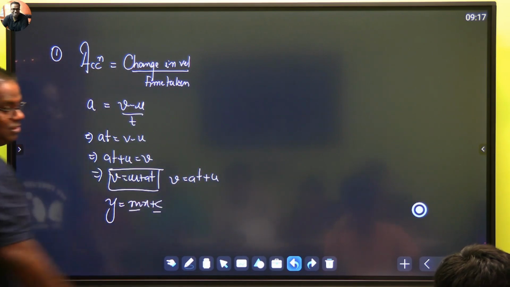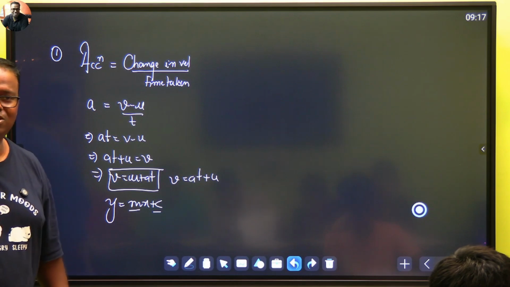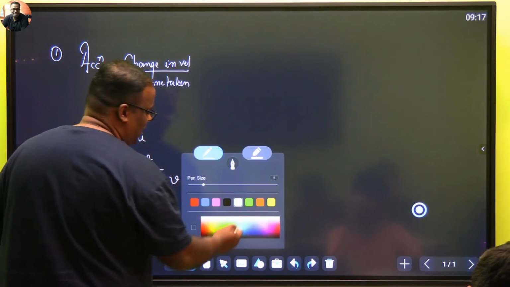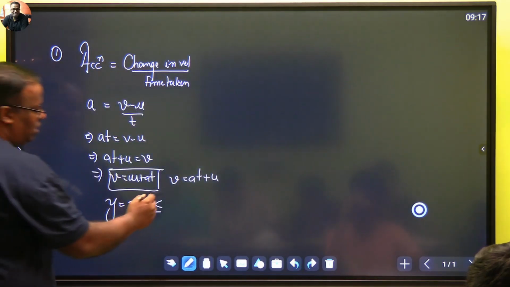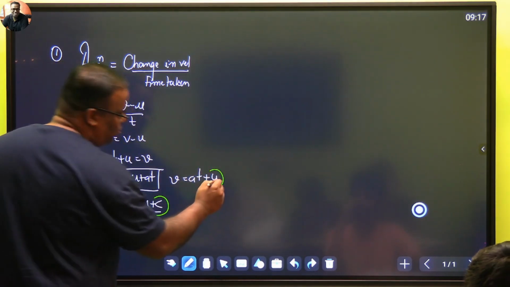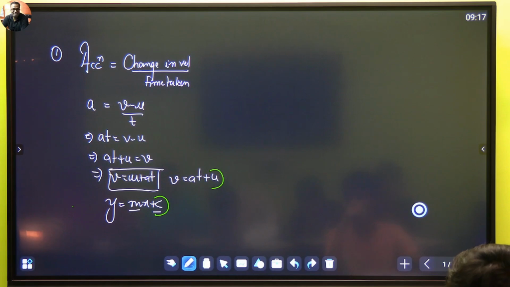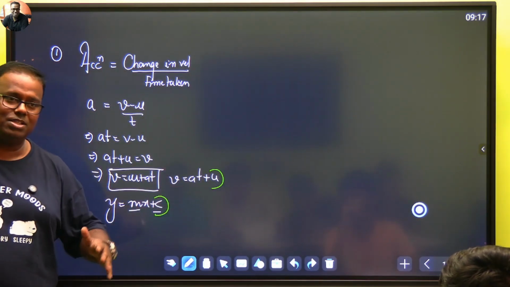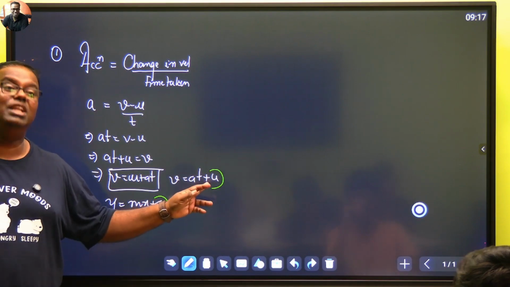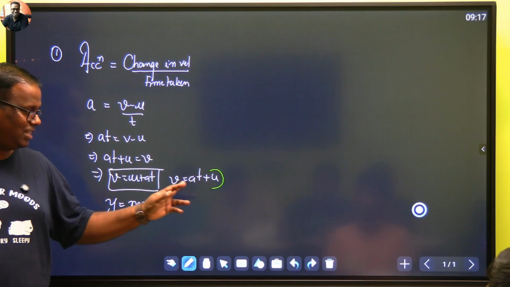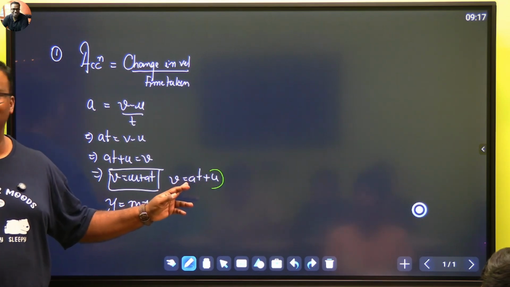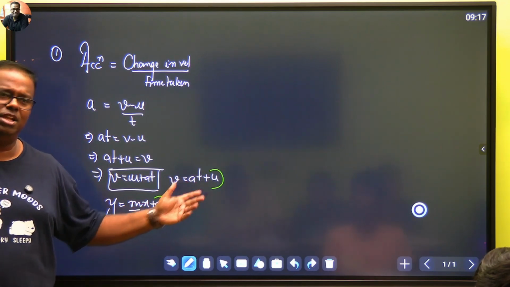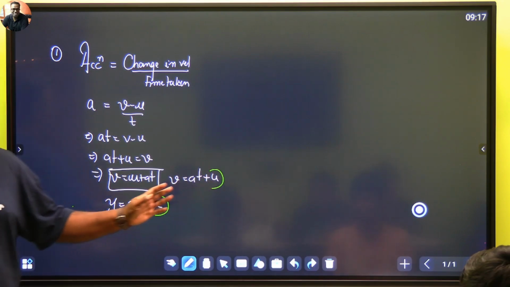This format. Now since you have understood slope and all, let's go a little bit mathematical. What is c? Y-intercept. What is u? Y-intercept. This is the constant part. Initial velocity is constant. Plus, this is delivery charges, fixed. This is number of mangoes, kgs of mangoes multiplied by the price. Delivery charges constant ही रहेगा. 80 rupees ही delivery है.